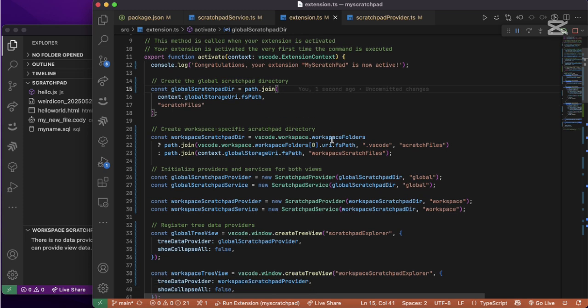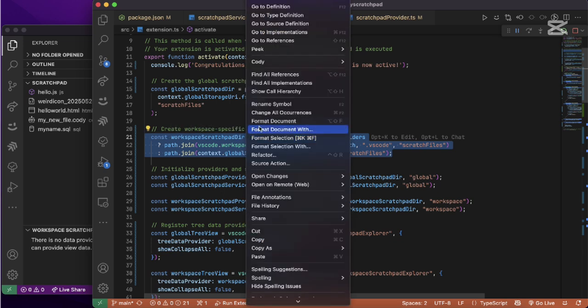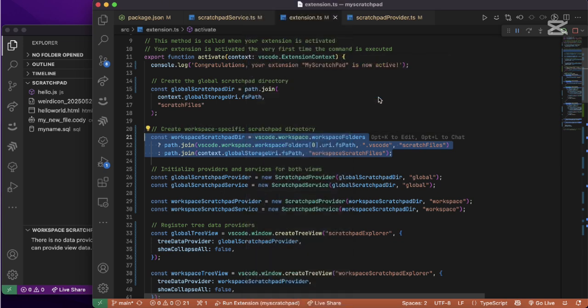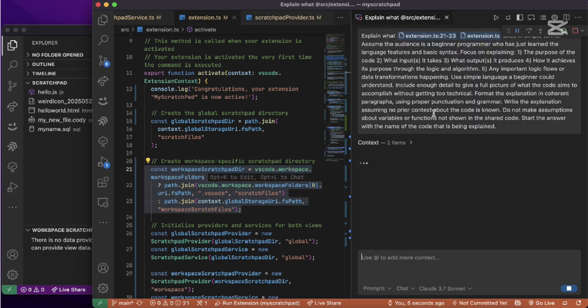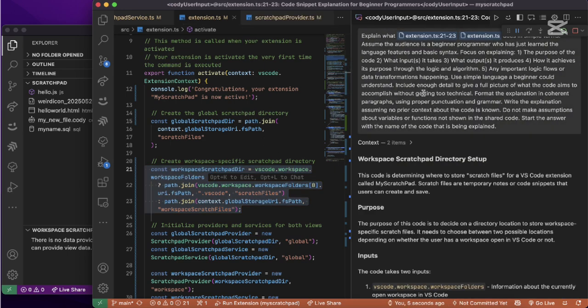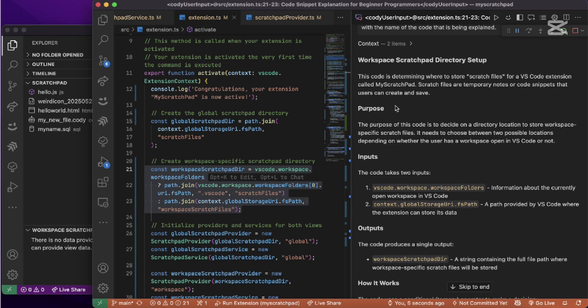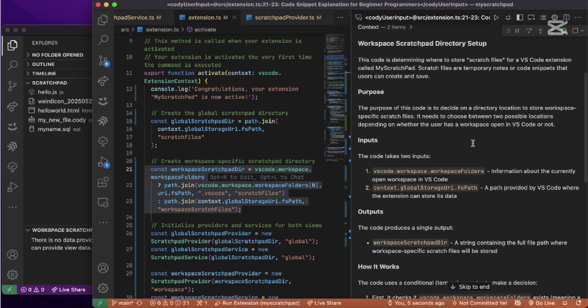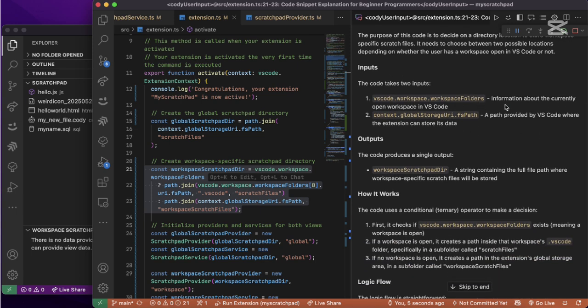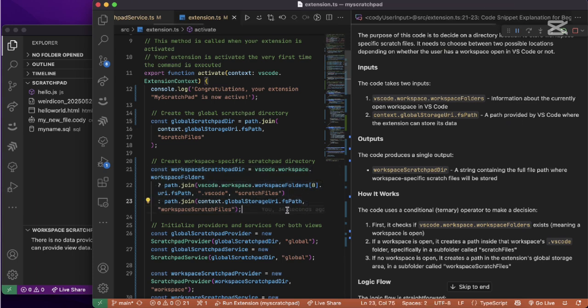Yeah. So we have the workspace directory. One of the interesting things I love about using code is that it can explain code to me once I don't understand, right? So here I will just ask it to explain. Okay. It's to decide on a directory location to store workspace-specific scratch files. So here we have the workspace folder information about the currently open workspace. A path where the extension can store its data. So that's like the VS Code storage for maybe, you know,